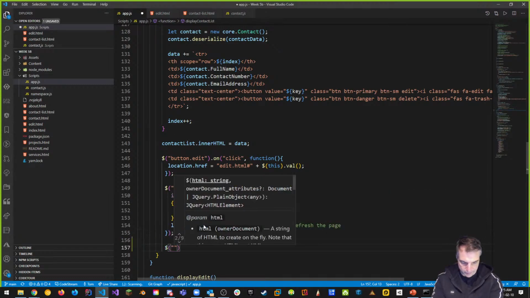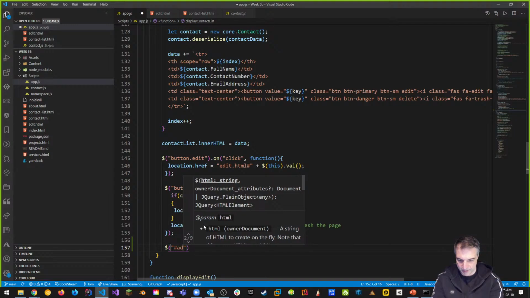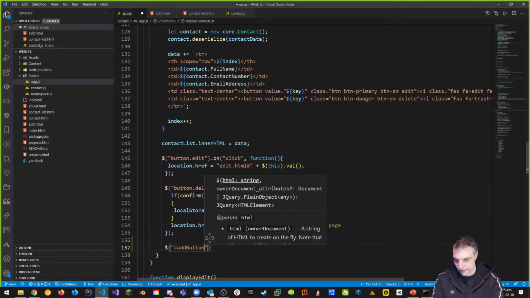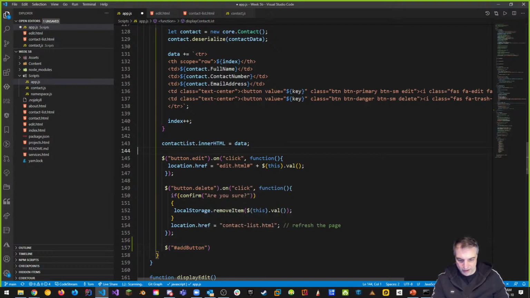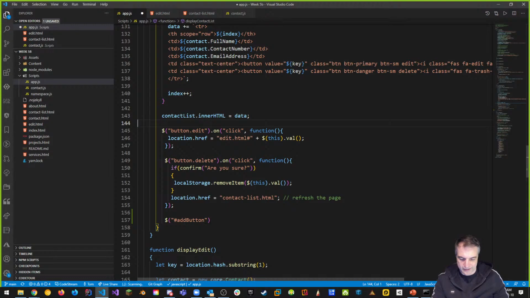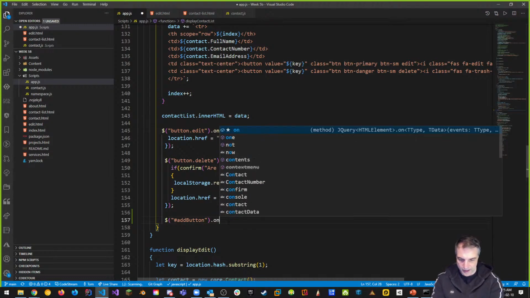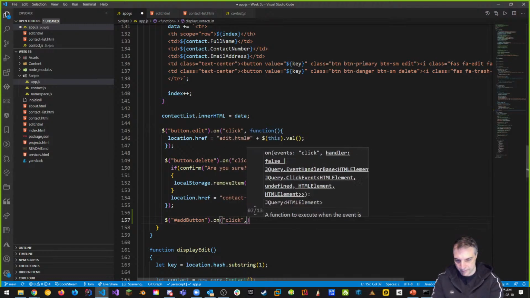Let's see if I can get this done before we go. So we want to have a button that I'm going to click on that is the add button. I can use that because I know I have an ID. These ones I can't do that because they're using a class that's either edit or delete that I made, the edit or delete class, right? But here I can just use the add button ID, right? So when I click on that button,